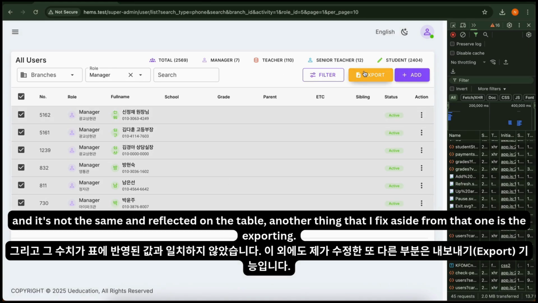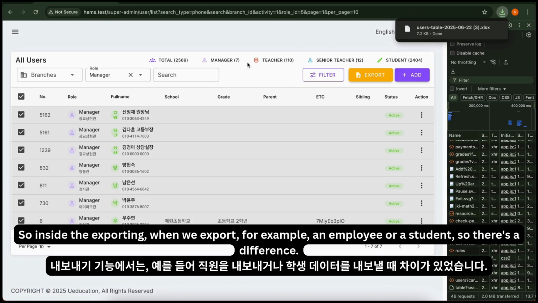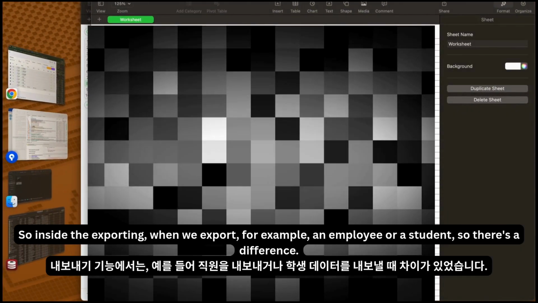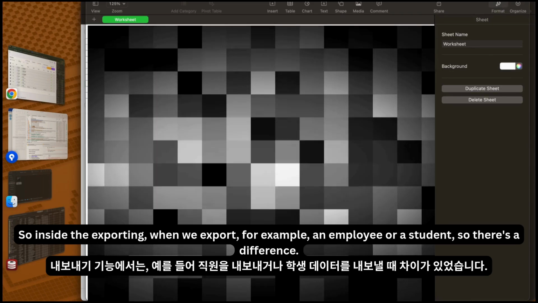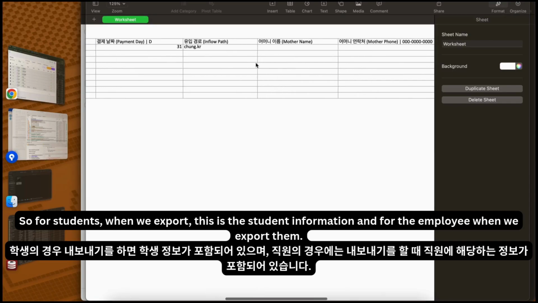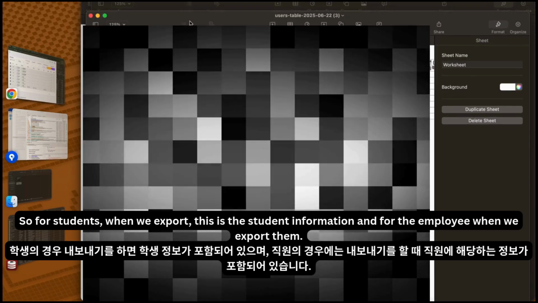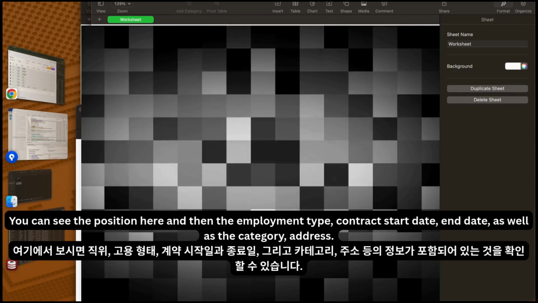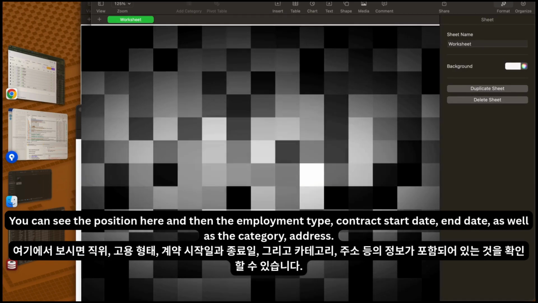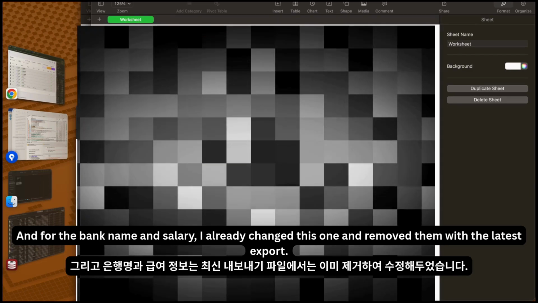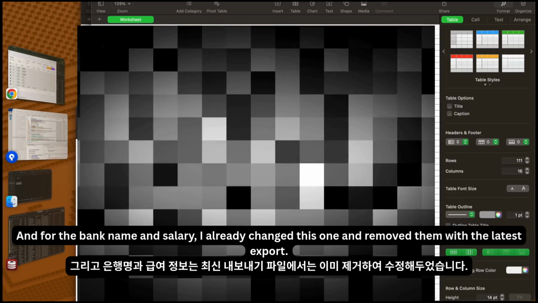Another thing that I fixed aside from that one is the exporting. Inside the exporting, when we export, for example, an employee or a student, there's a difference. For student, when we export, this is the student information, and for the employee, when we export them, we can see the position here and then the employment type, contract start date, end date, as well as the category, address. For the bank name and salary, I already changed this one and removed them